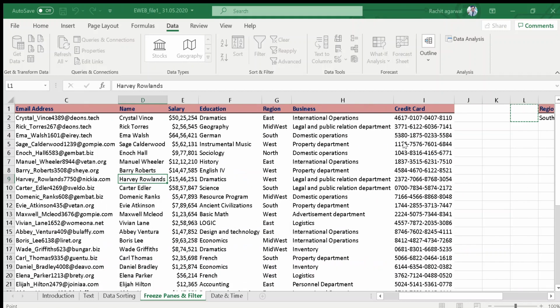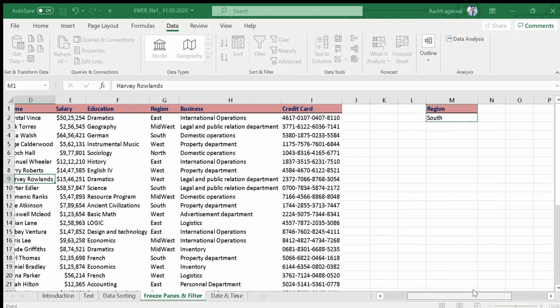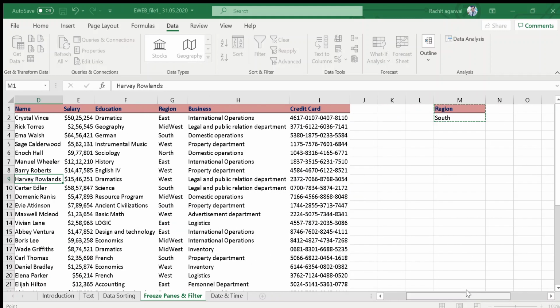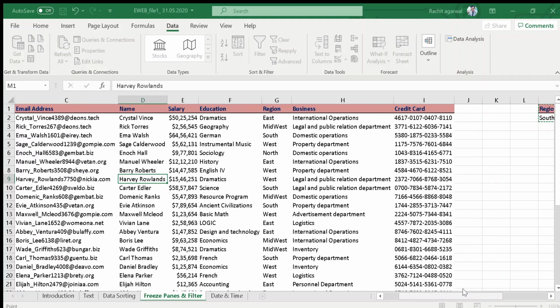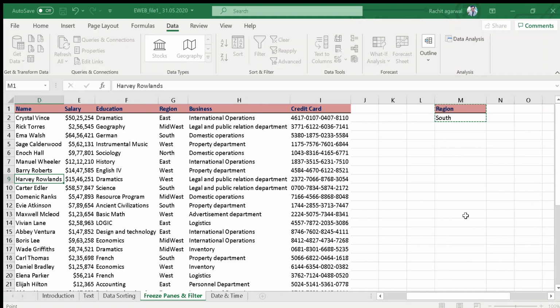Now the criteria, what is your criteria? Here first of all I have to delete this criteria and select our criteria. The criteria is this one. So here I have selected the criteria. Now where do I want to copy? Here they are asking to filter the list in place.